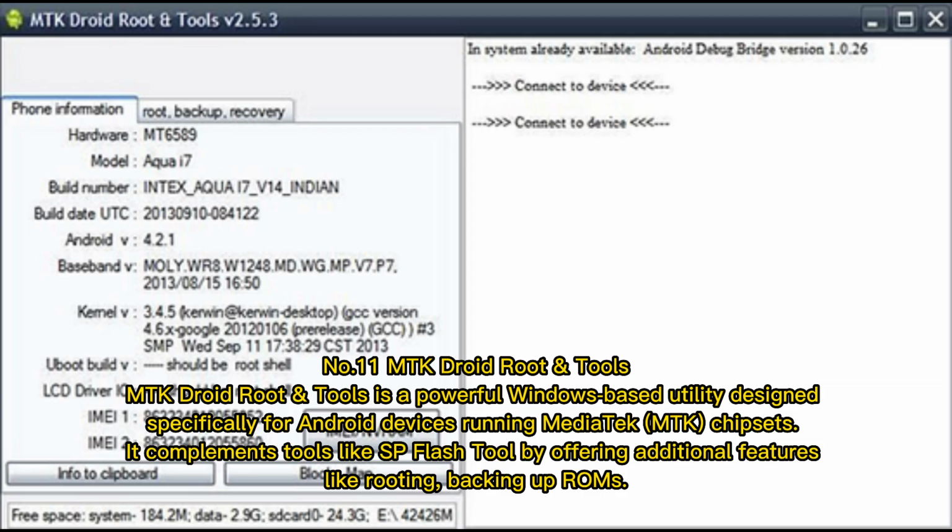Number 11. MTK Droid Root and Tools. MTK Droid Root and Tools is a powerful Windows-based utility designed specifically for Android devices running MediaTek MTK chipsets. It complements tools like SP Flash Tool by offering additional features, like rooting, backing up ROMs,